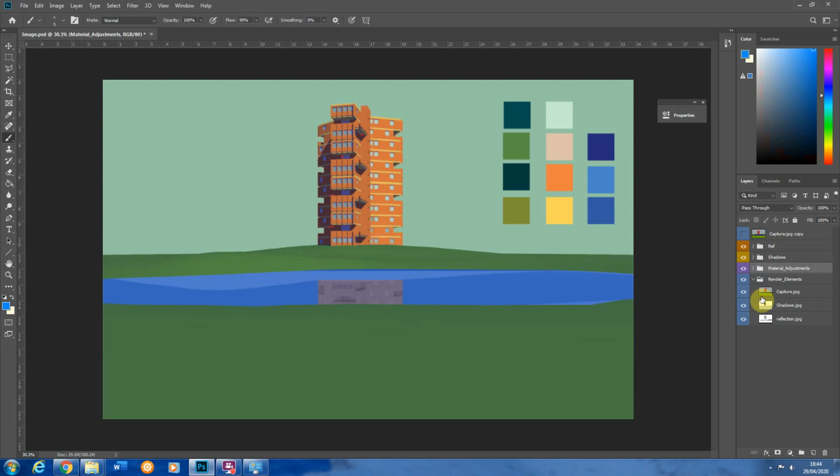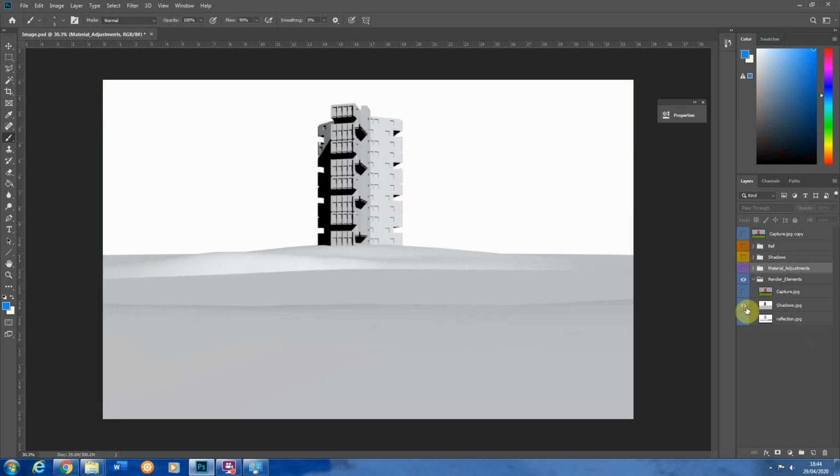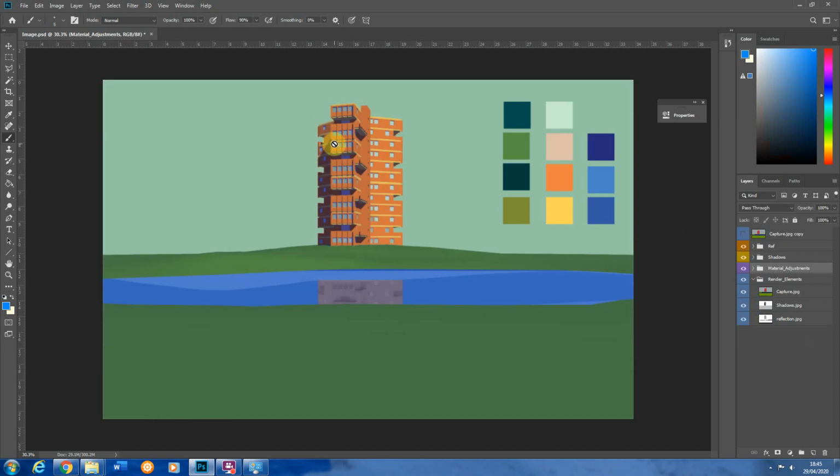After that, we also added in our rendered shadow layer, which we got from just rendering out the basic shadows using Rhino Render, and we've just overlaid that on top of the image to produce these shadows and give it some more definition. Now, what we'll be doing at the beginning of this session is we're going to start to